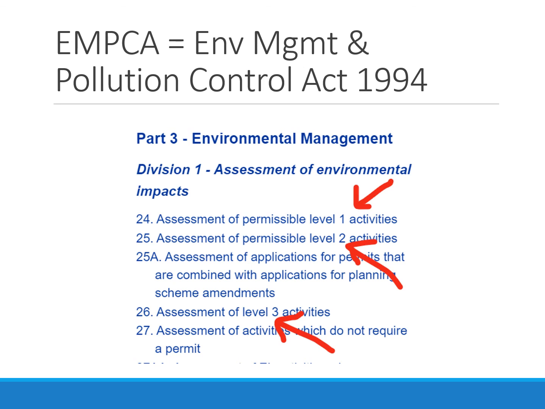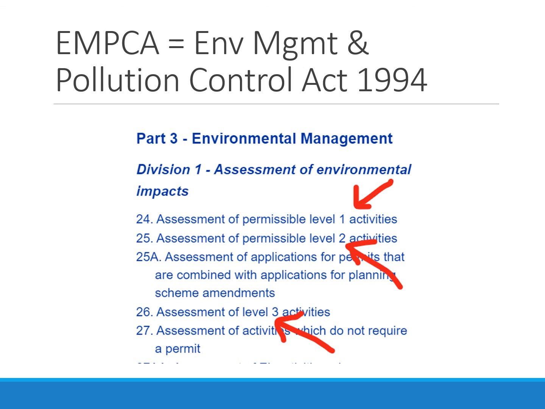So because the Mount Wellington Cableway has a pretty serious potential for environmental harm, a lot of expense had to go into the reports. This is one of those things that's still only assessed at level 1, but there are